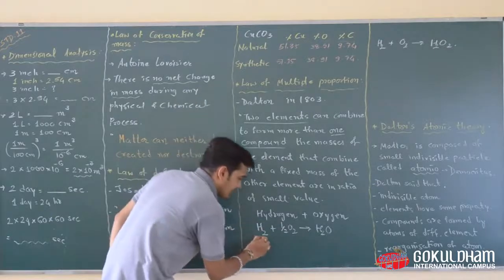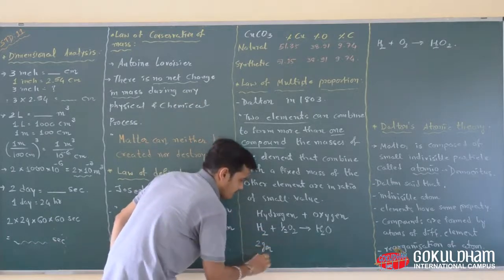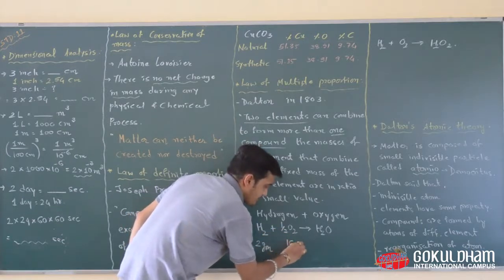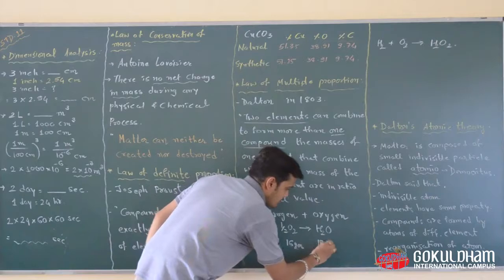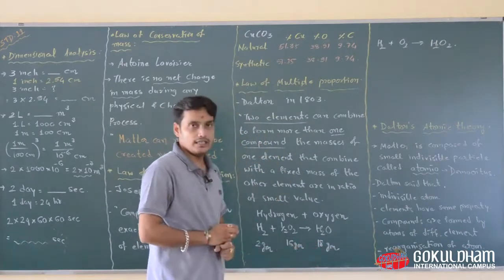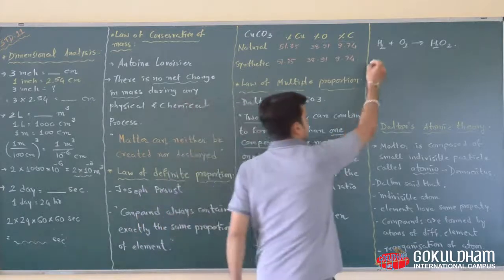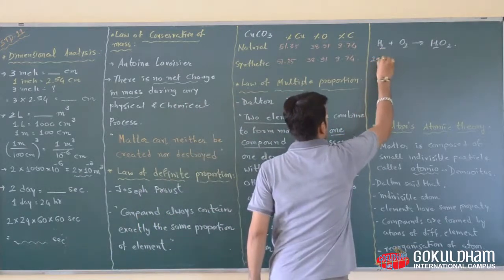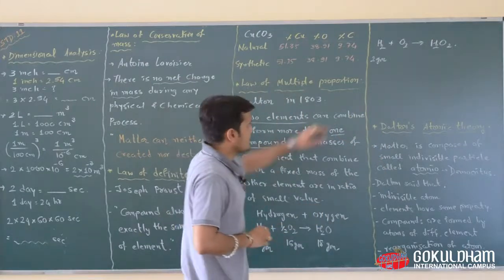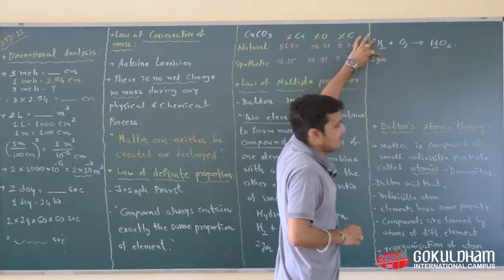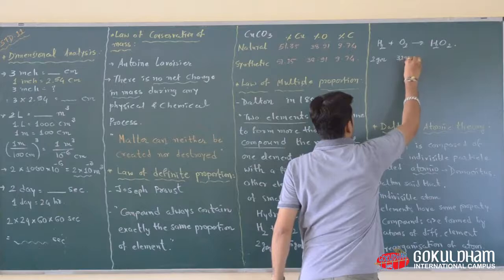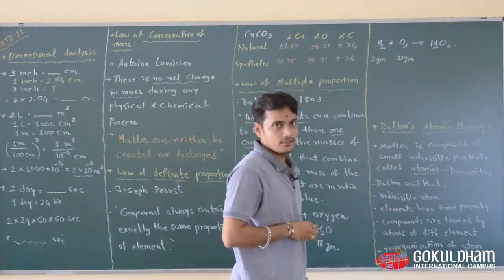The weightage of this hydrogen is 2 gram. Here 1/2 O2 means 16 gram, and H2O means total weightage 16 plus 2 gram is equal to 18 gram. In this case, hydrogen weight is same as H2O. 2 gram of H2 is used in H2O and 2 gram of H2 is used in H2O2. The weightage of oxygen will change from 16 gram to 32 gram.